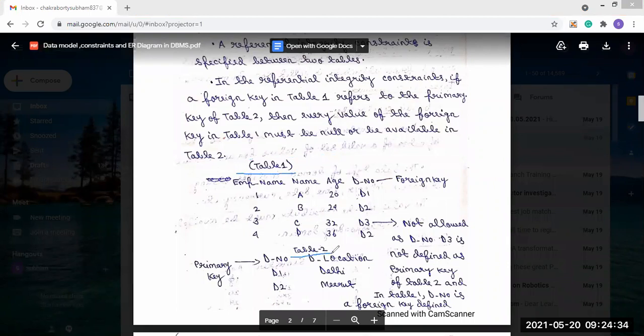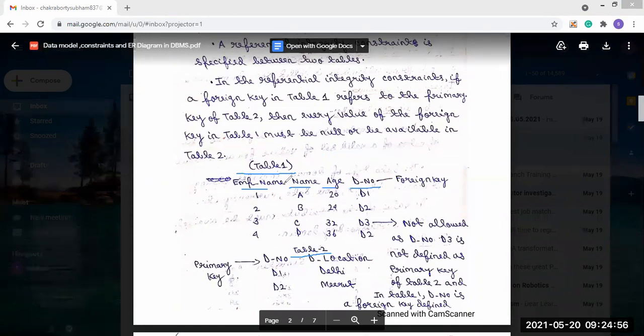Now here also you can see two tables are present. One is table 1 and another one is table 2. In table 1, four attributes are present: employee name, age, D number. D number is basically the department number.